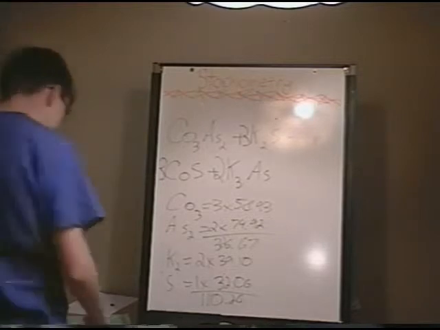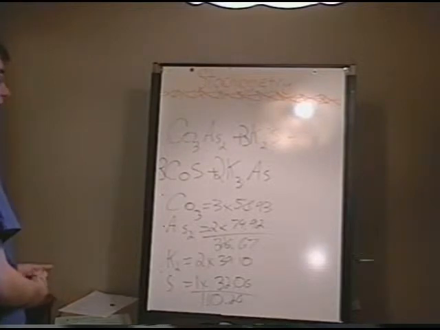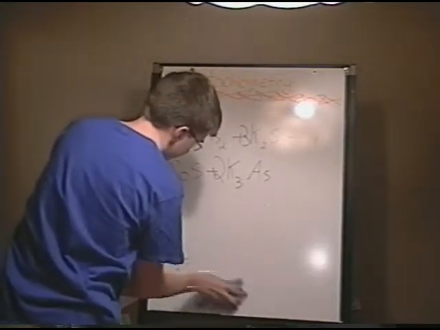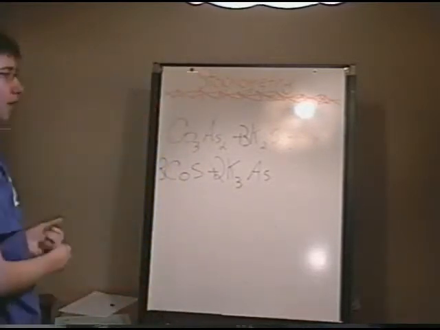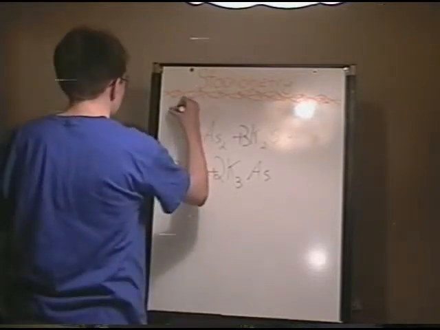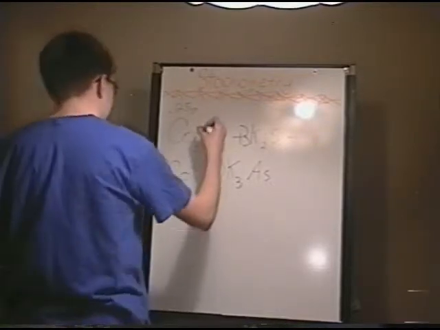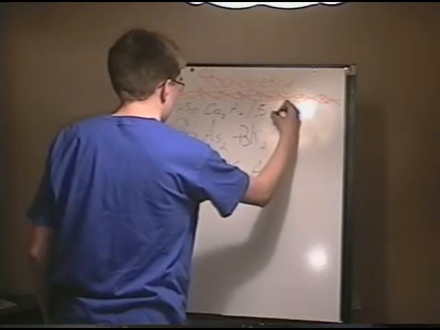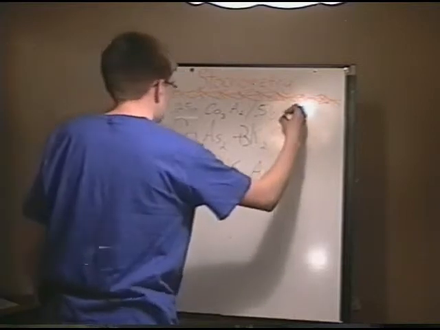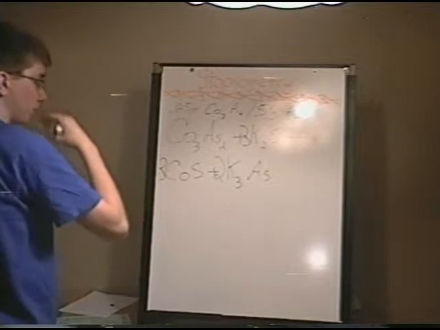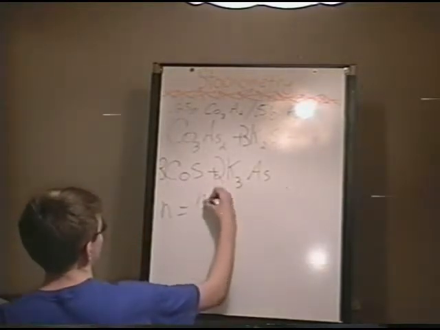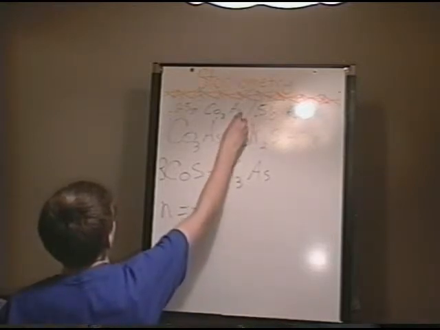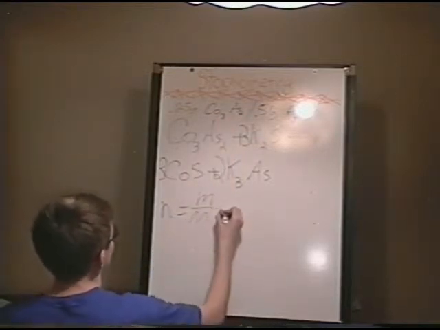Now you go and find your moles. To find your moles, you take mass over molar mass. Enter your mass of these elements. Mass of these elements was told earlier. Mass was 0.25 grams of Co3As2 and 0.51 grams of potassium sulfide, K2S. Now to find your moles, moles equals mass over molar mass. And to find your moles of Co3As2, moles equals mass over molar mass,